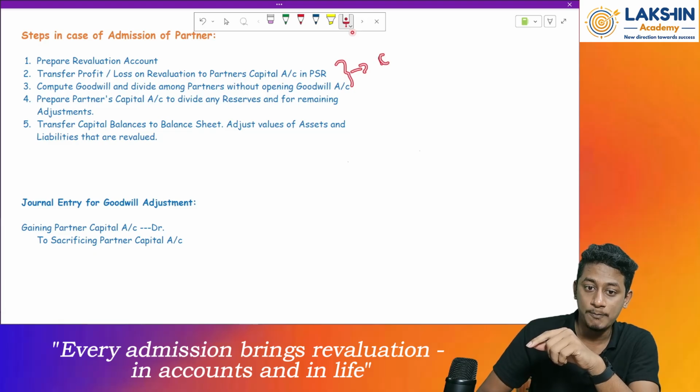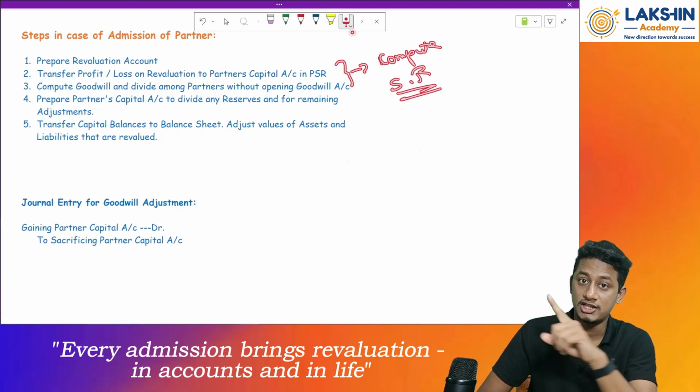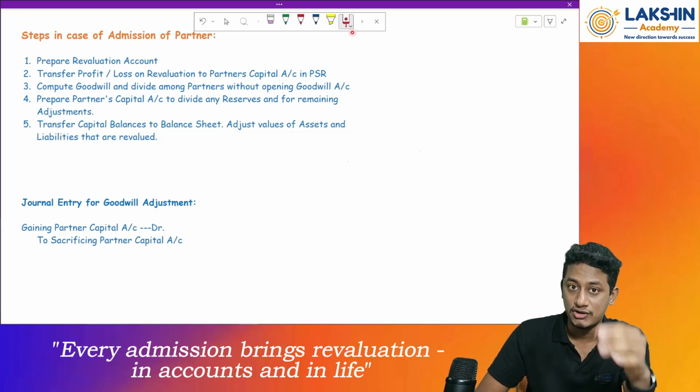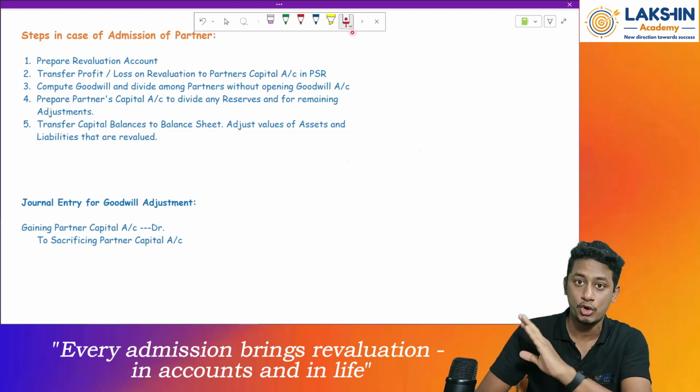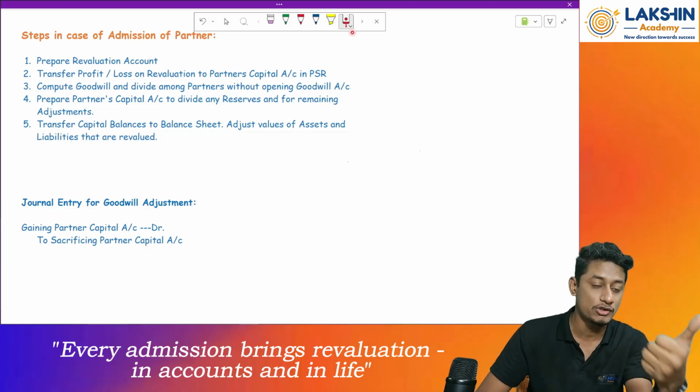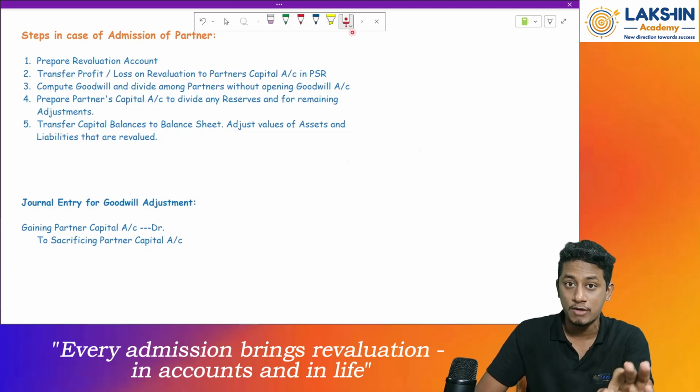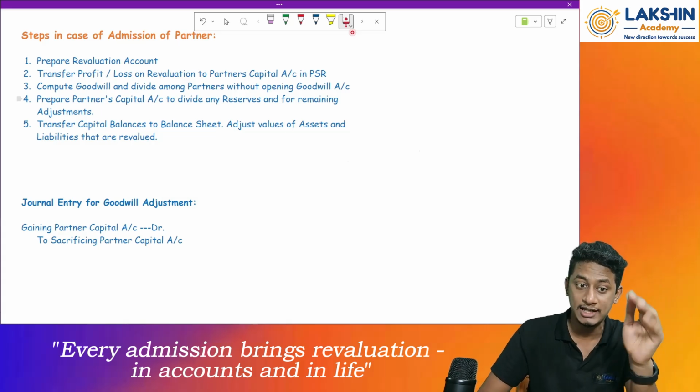That is, compute the sacrifice ratio. Just now we have seen the method, right? How to compute the sacrifice ratio. In that method, if the sacrifice ratio is given in the question, straight away just take it. Don't do anything else. If it is not given and they give the old ratio, the new ratio, or whatever the case might be out of 5 cases, then you need to compute the sacrifice ratio and then go for